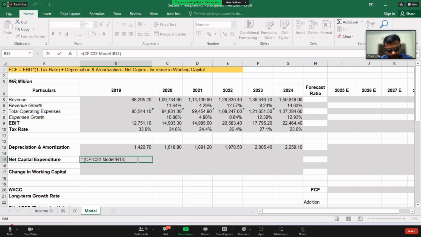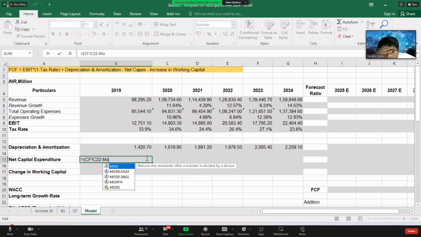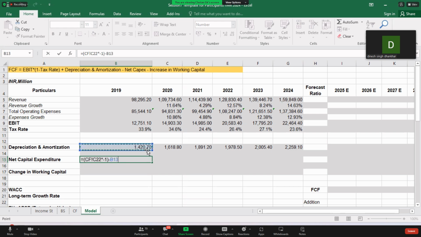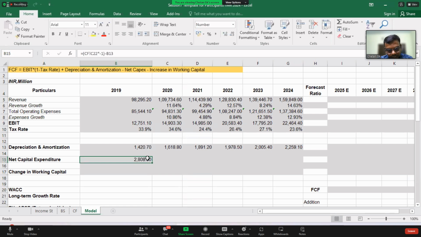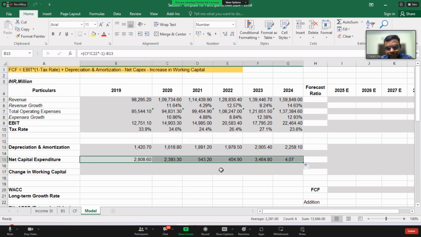So multiplied by, I'll do minus. Is it fine? Hope we have taken that, or are we doing wrong? Sir, I think in the C22 cell itself, we should put a minus sign. Yes, so that it becomes a positive amount. Put a minus, yes. And then you subtract the depreciation amount. Is it fine? Yeah. I think this is now correct. Looking good.